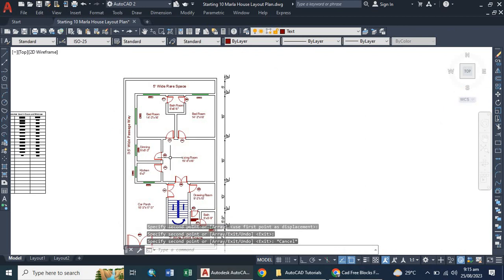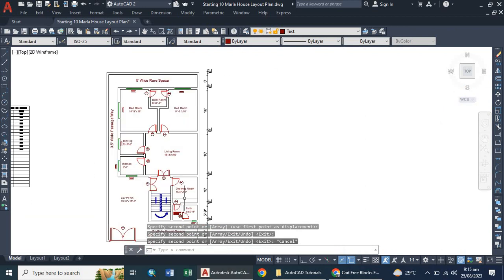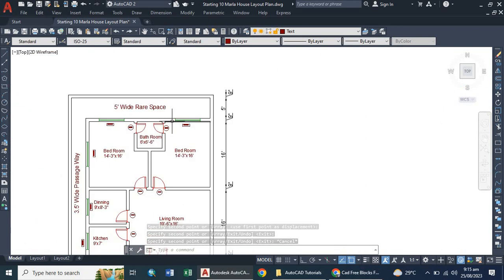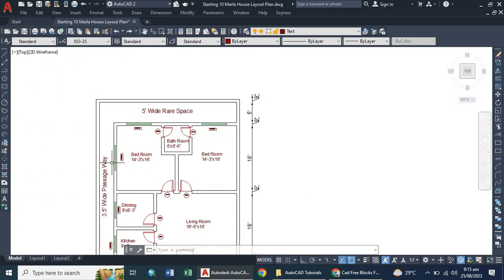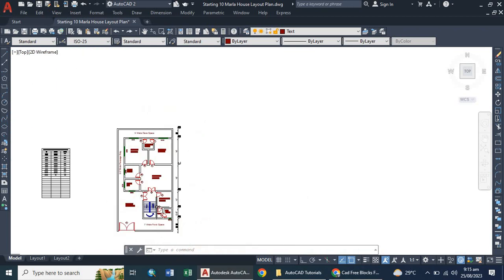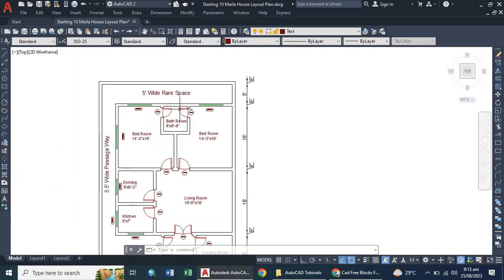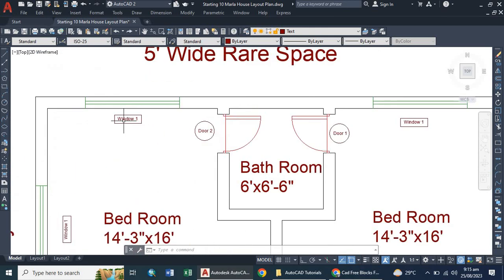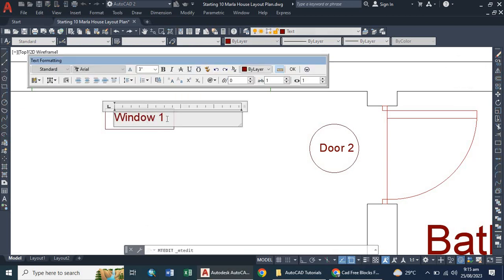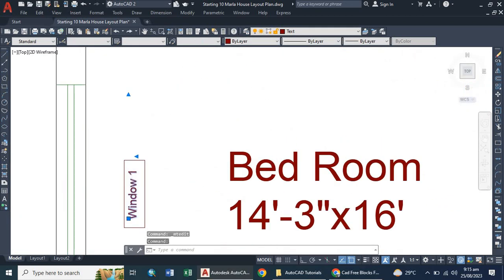Now we are going to say that the price of all these windows, window 1, 2, 3, 4, 5, 6 will be the same, and this is a window which is shorter than all of these, so the price of this window will be lower than these. So first of all, I am going to name these windows one by one. For example, I am going to say this is window 2, and this is window